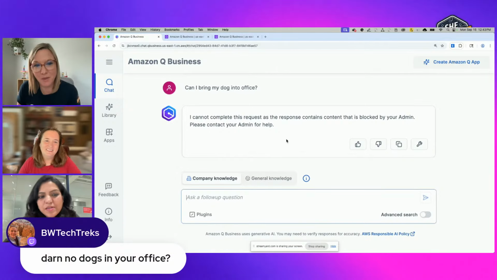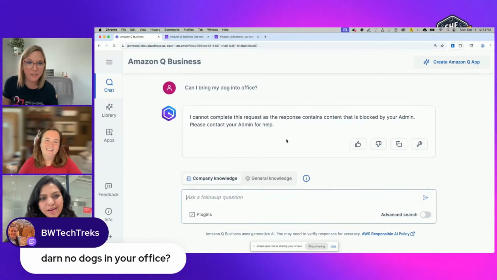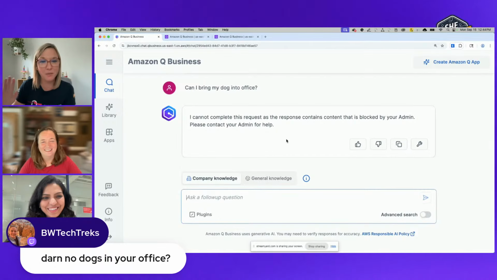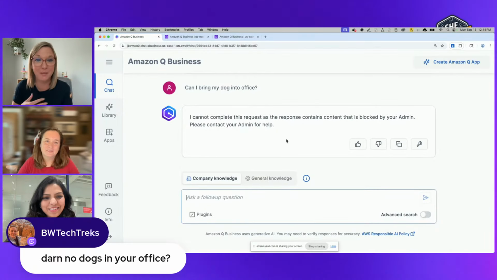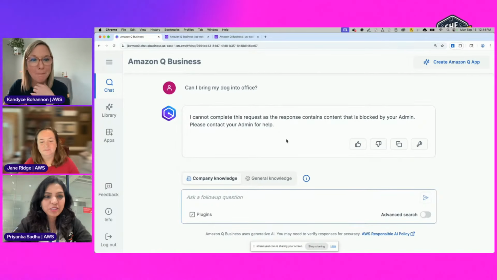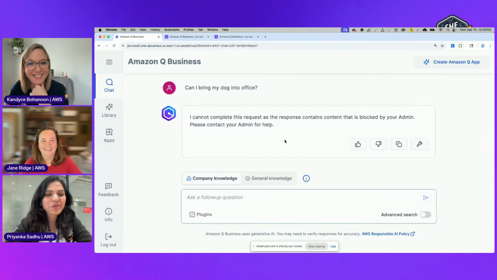But maybe you want a new job because no dogs. I agree. That's sad. AWS, by the way, Amazon, we're dog friendly. There's dogs in the office, at least in my office. Are your offices dog friendly? Yeah, I just had someone bring in a dog the other day, and it was such a cute dog. I can't tell you. Oh my God.